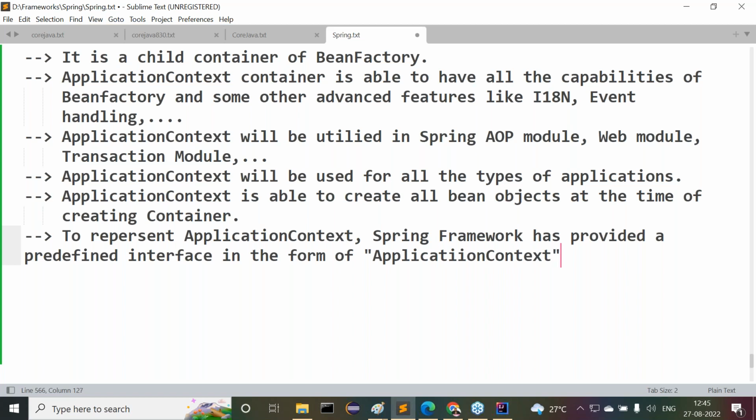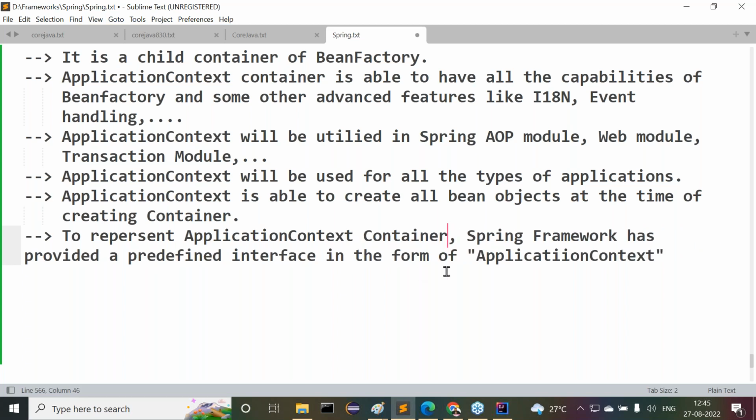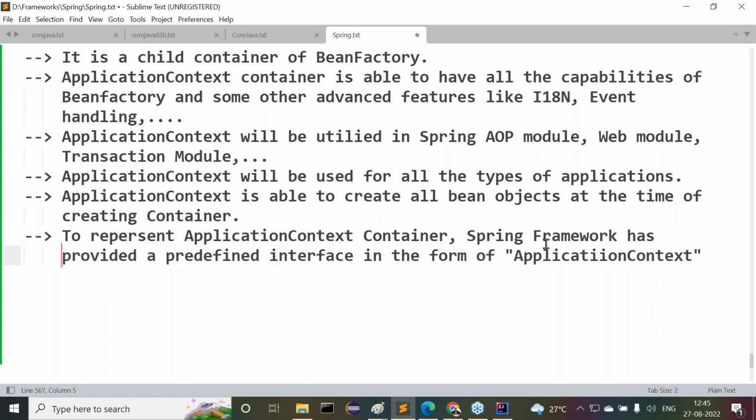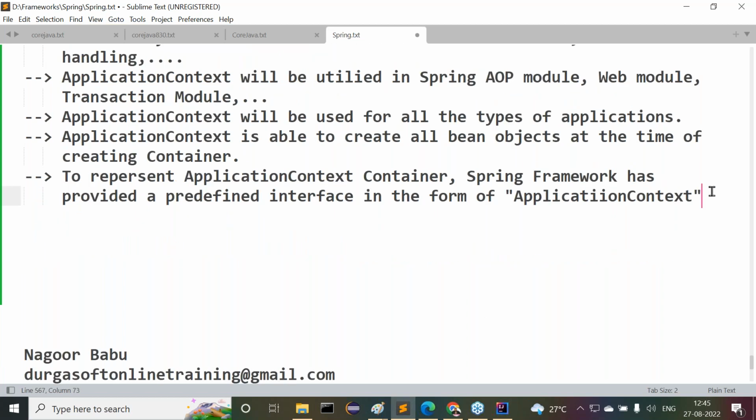I think some fully qualified name is available, not required to remember that. When we type ApplicationContext in our IDE, automatically the fully qualified name is available. Okay, now to represent the application context container, Spring Framework has provided a predefined interface in the form of ApplicationContext